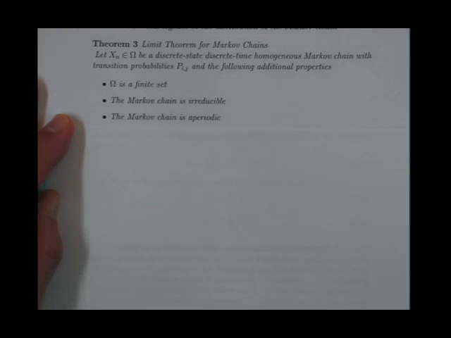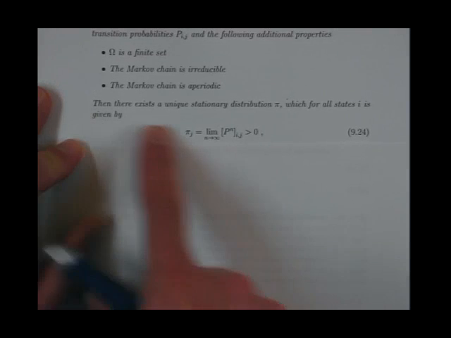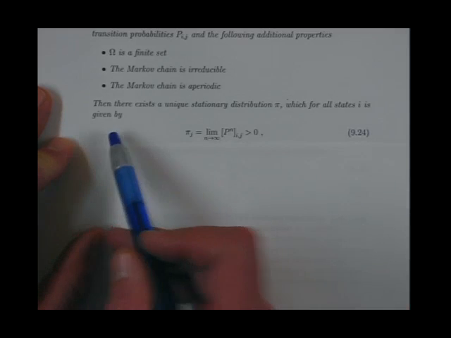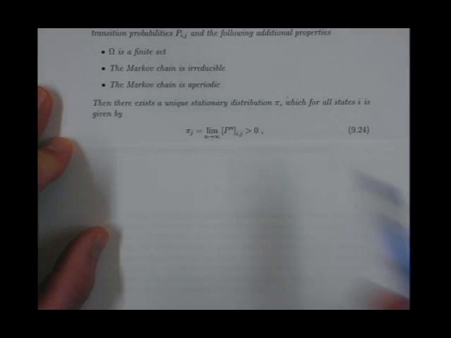And the Markov chain is aperiodic. It can't be a clock. So if those three things hold, then if you wait long enough, eventually the Markov chain has to converge to a stationary distribution. So what does that mean? That means that there exists a unique stationary distribution pi for which, for all states i, it is given by